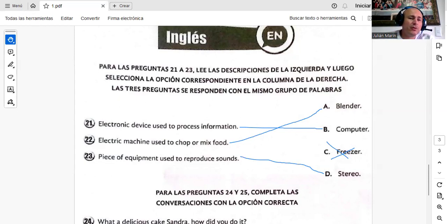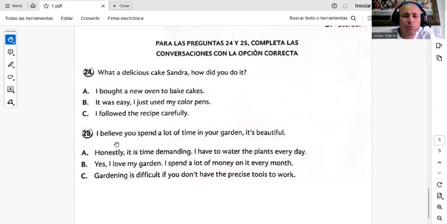Now we move into the next part of the test, which includes questions 24 and 25. So what is the nature of this segment? As we have seen before, essentially we have a question or a statement in a conversation, and then a response that should be connected coherently with the question or with the statement, either to continue the conversation or to answer a specific question, like over here in number 24. The question says,